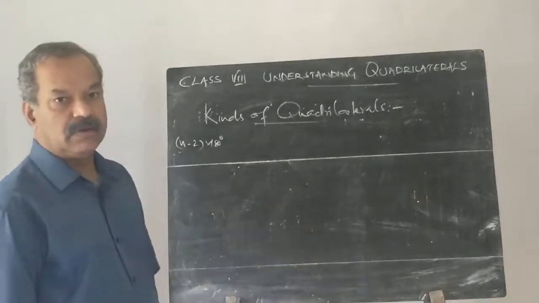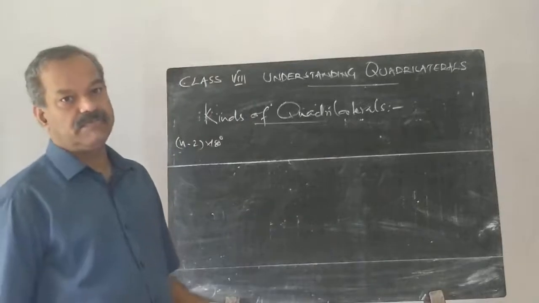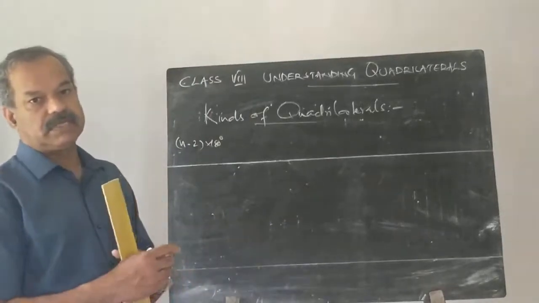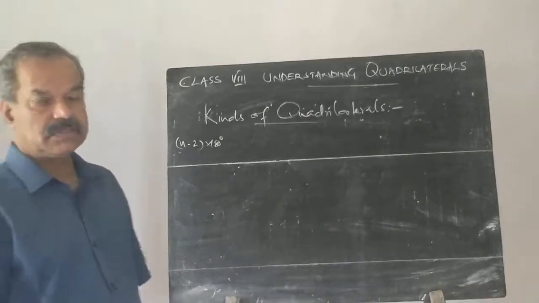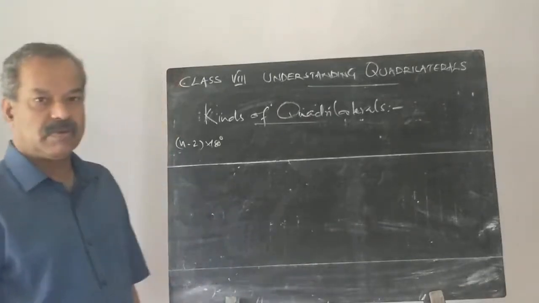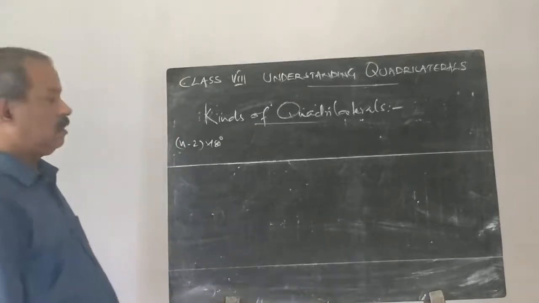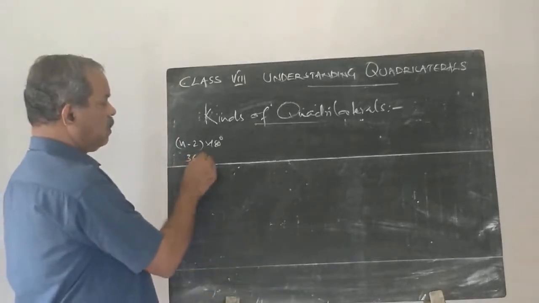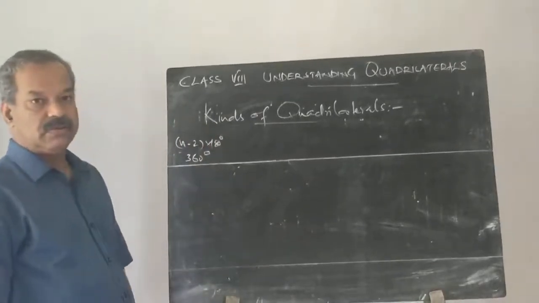Also we have seen how to find the sum of exterior angles of any polygon. What is the sum of exterior angles of any polygon, irrespective of its number of sides? With any number of sides, the sum of all the exterior angles of any polygon is 360 degrees. So remember these two results. Now we are going to see